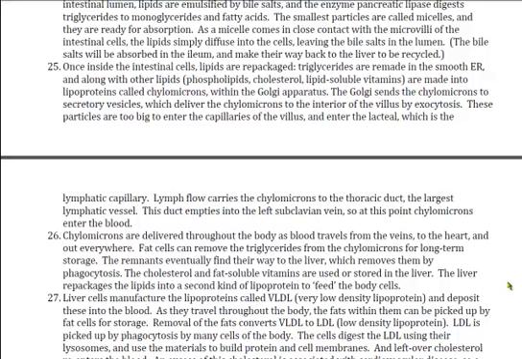Okay, so we have the chylomicrons in the blood. Now the blood goes everywhere. From the left subclavian vein, you know it's going to make its way back to the right side of the heart, out to the lungs, back to the aorta, and then from the aorta out through the whole body. Well, that's fine, because out in the body, the blood vessels actually contain an enzyme which can pull the fat right out of those chylomicrons, and the fats are going to be stored in the adipose cells that are scattered